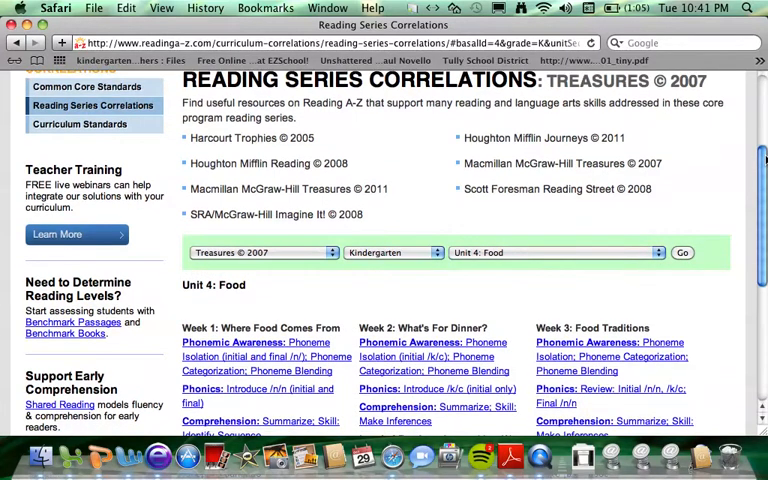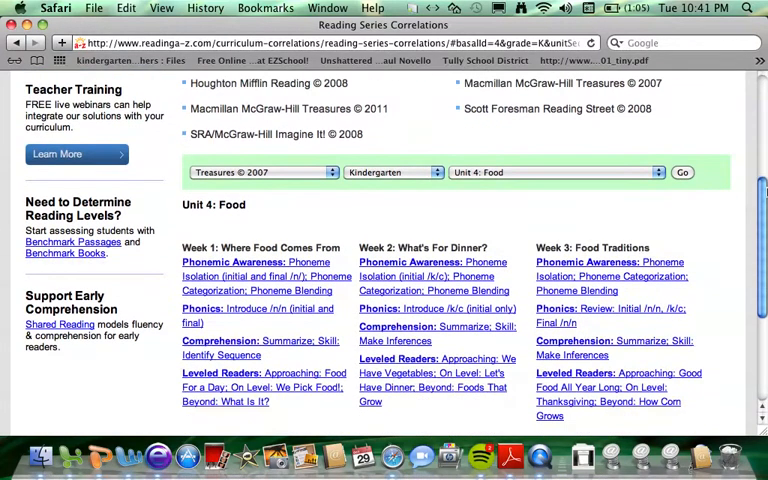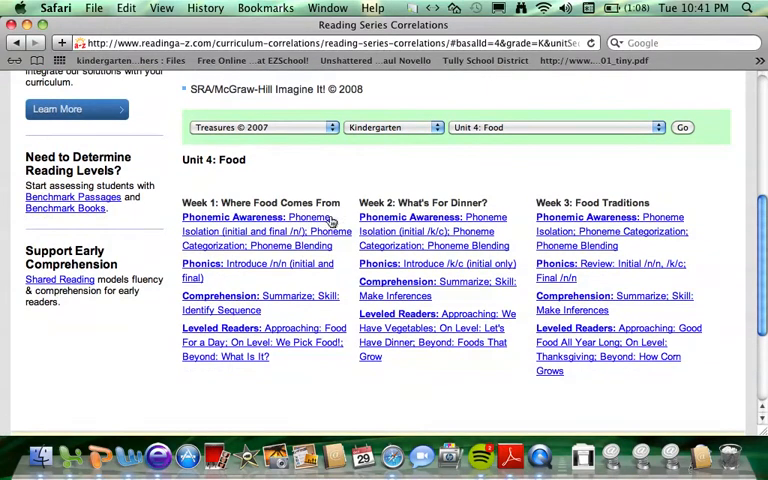And in Treasures for kindergarten, each unit consists of 3 weeks. So here they are. So each week talks about week 1 and all the different activities that you can possibly do with your students. And here's week 2 and here's week 3. You can see I'm going to go to first grade now, and I'm going to go to All About Us,